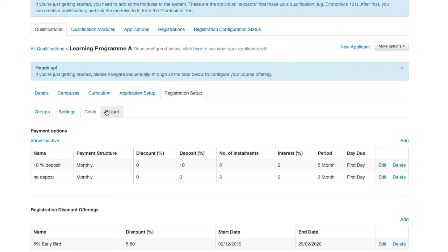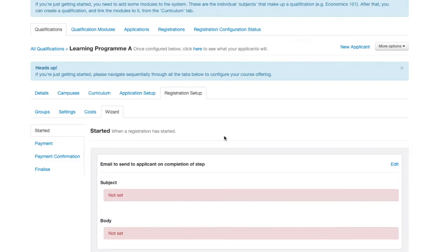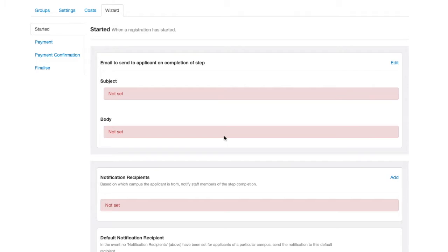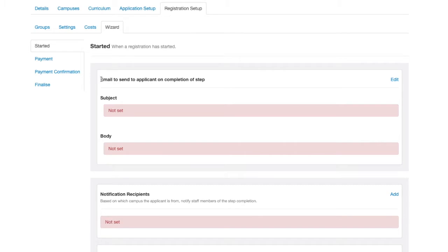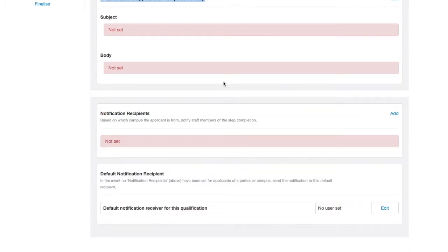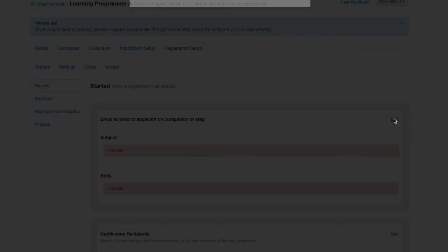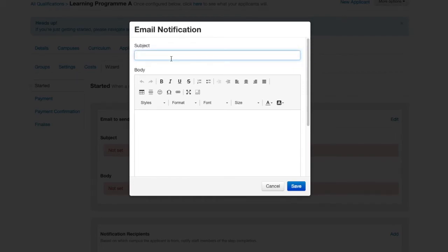So now, because all of that is set up, we can now look at the wizard. So remember that the last time we used the language of a wizard was during applications. So a wizard has a number of steps. So this is similar to the other wizard, just that you can't choose what sections will happen. The stuff that we've brought down to here is the ability to send an email on completion of the step. So if someone starts the wizard, you can then say, what would be good? Let's just say